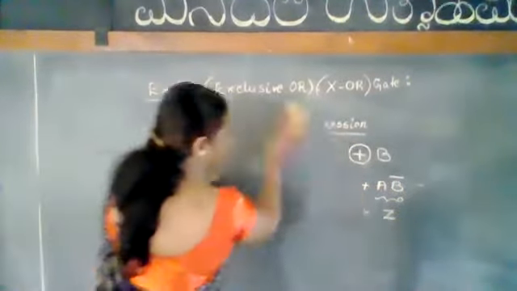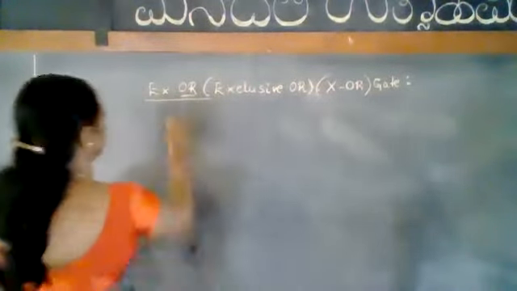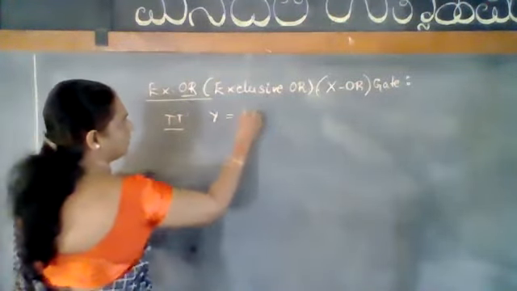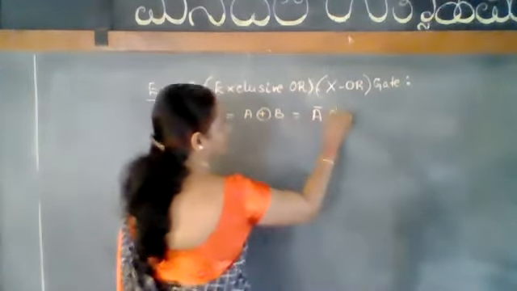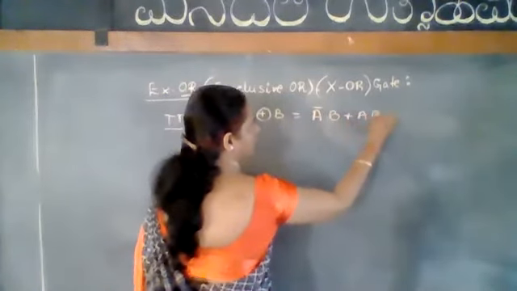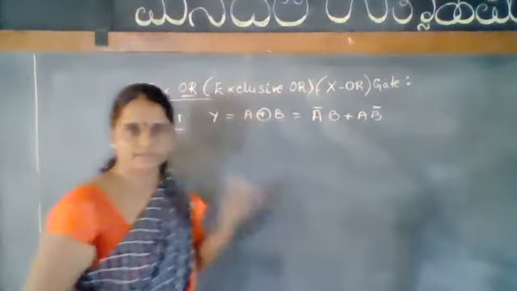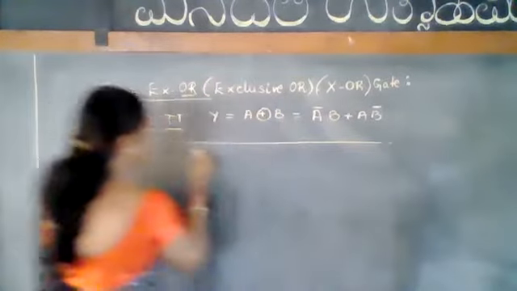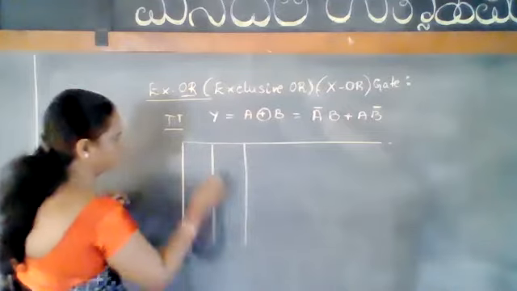So a little bit bigger truth table we are writing now, but you have to remember only the input columns as well as the output column. So truth table for exclusive OR, which is nothing but A XOR with B, which is equal to A complement B with A B complement. You can write A B complement first or A complement B next. There is nothing wrong in that. Four combinations are possible with the two inputs.